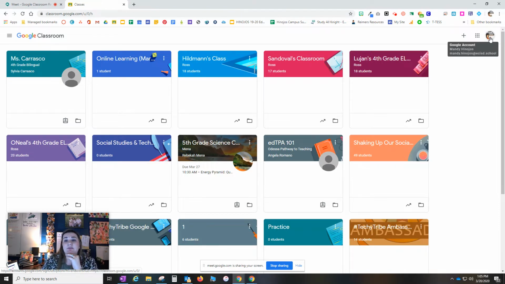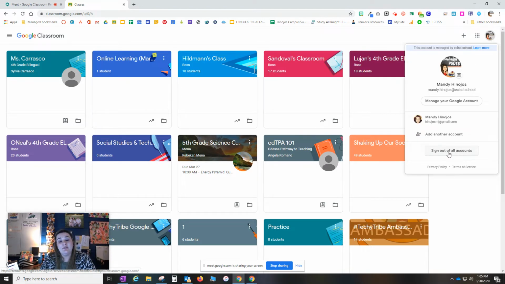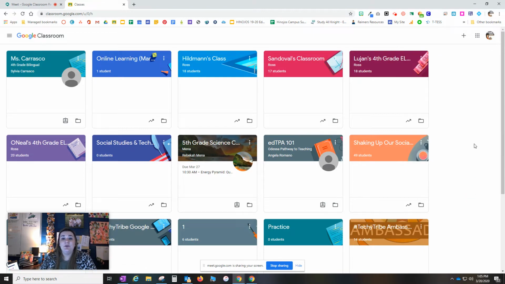But make sure, folks, that you are logged in as your first.last at ecisd.school. We have received many calls and emails that either our students can't get in, or our students can't find the code, and here is where some of the problem lies. Because you're working from home, you're most likely logged in to your personal Gmail account. So you'll have to click there and sign out of all of your accounts before you can sign back in with your school account. So remember that when you do sign in, it's first name dot last name at